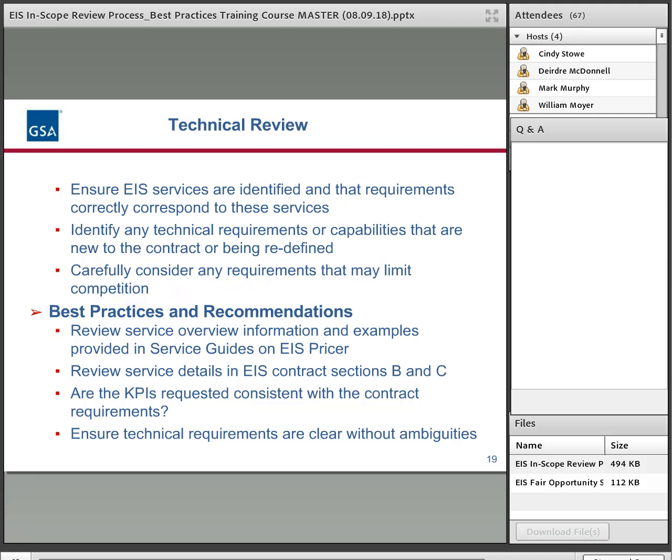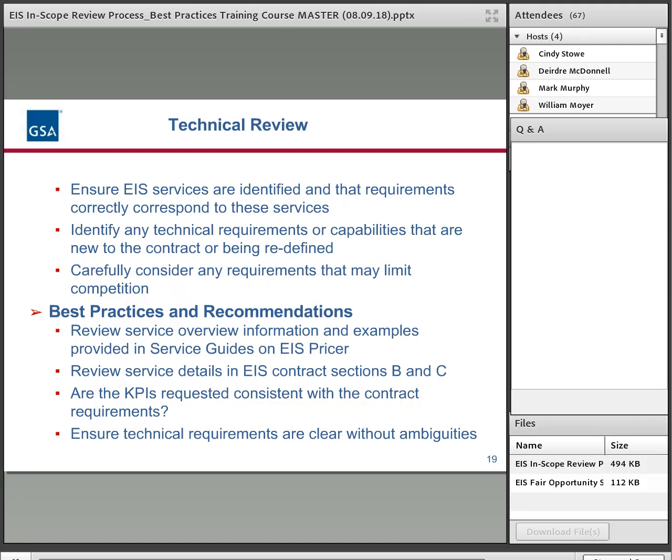So that would be an example. We look for language that may limit competition, like if you listed AT&T net bonding to connect to the cloud services, that could be restrictive, obviously, to one vendor. So those are things we would point out.